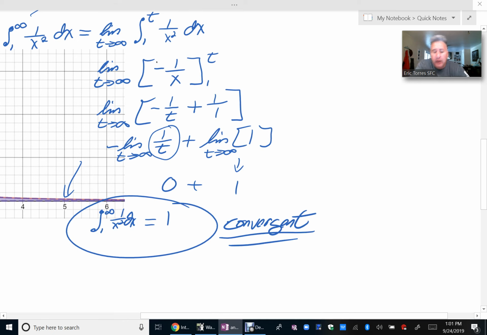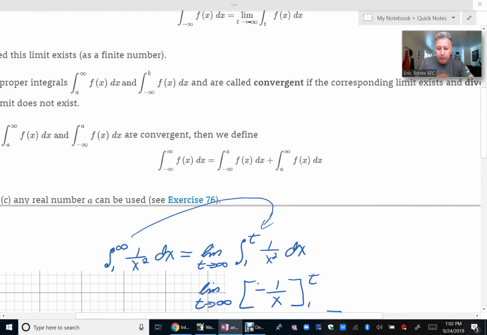If I would not have gotten a fixed value, if I would have gotten positive infinity or negative infinity, well, it would have to be positive infinity, but had I gotten a positive infinity, we would have called that answer divergent. So again, this is a type 1, and if you refer to your book,